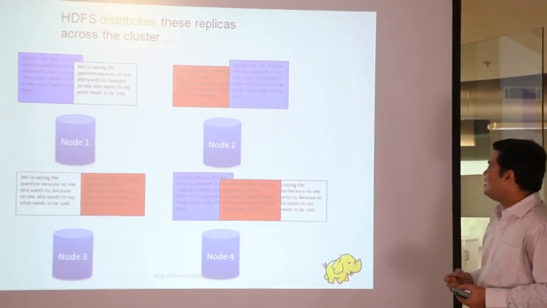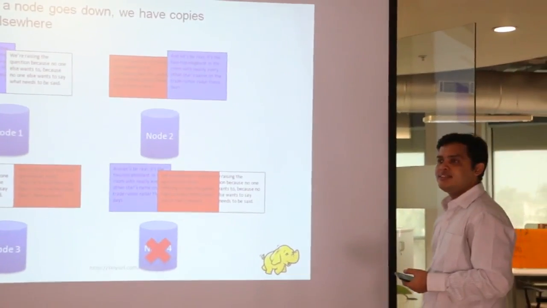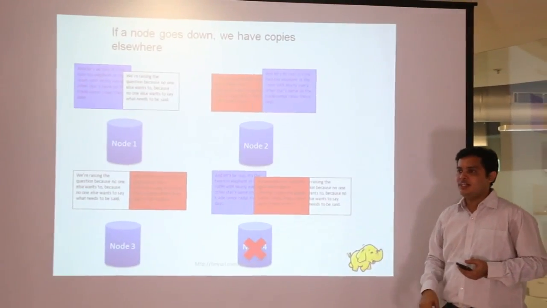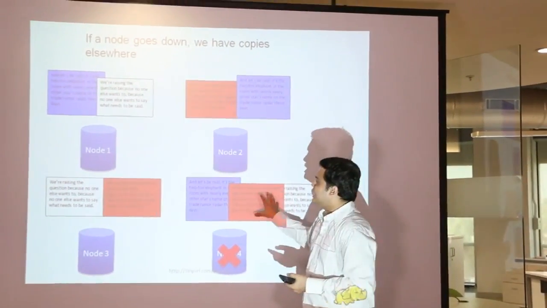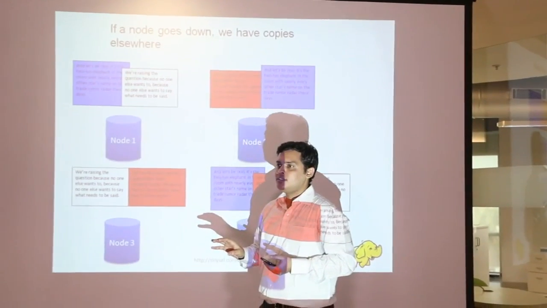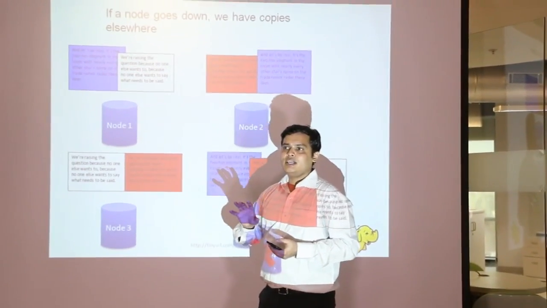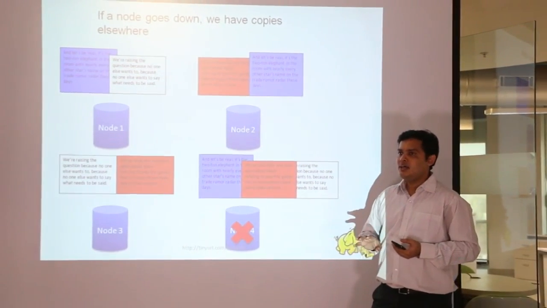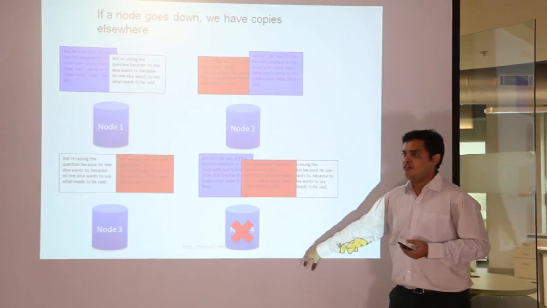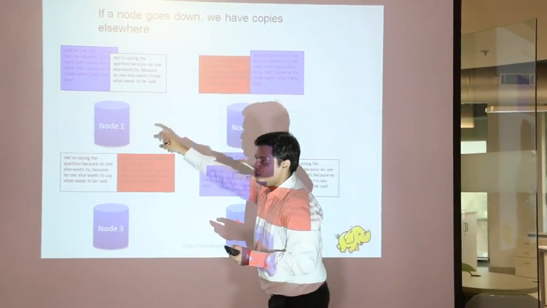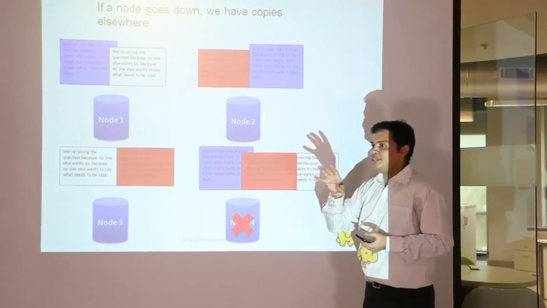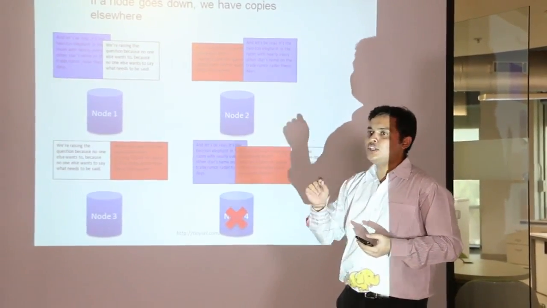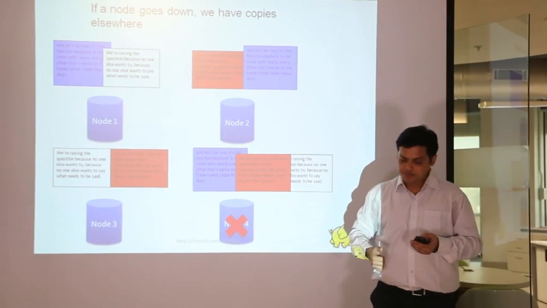Let's say these nodes go down: blue is not there, red is not there, white is not there. You still don't lose the data. What you will do is start picking it up from different nodes. This is what a name node does. The name node knows which part of my data is on which server, right? So if this node goes off, you will get it on some other node. So this is what the name node does: the interaction and coordination whereby it ensures your success. So the uptime is high in the case of Hadoop.